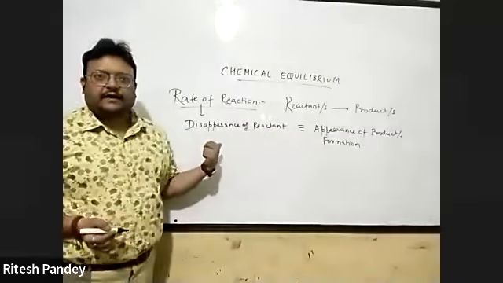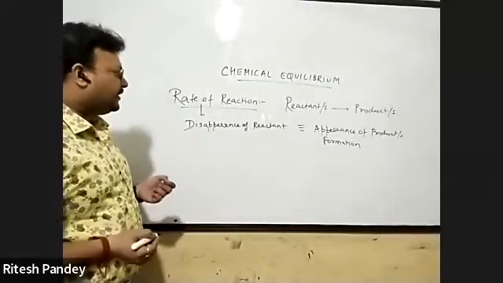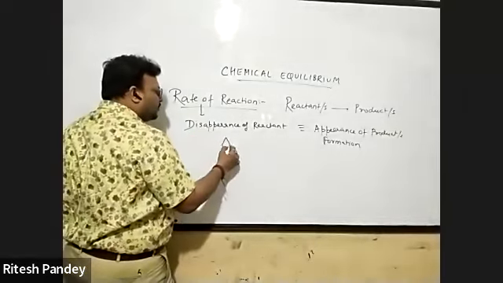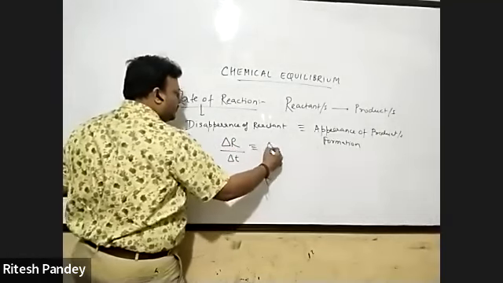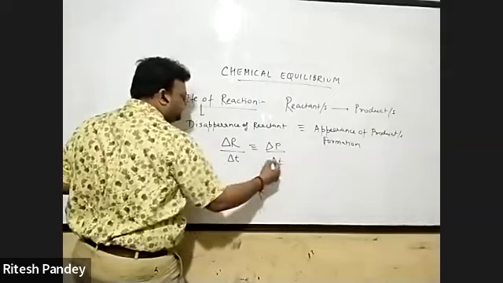So it's either the rate at which reactants decrease or the rate at which products increase, which I'm again going to refer as a delta R delta T or a delta P delta T,